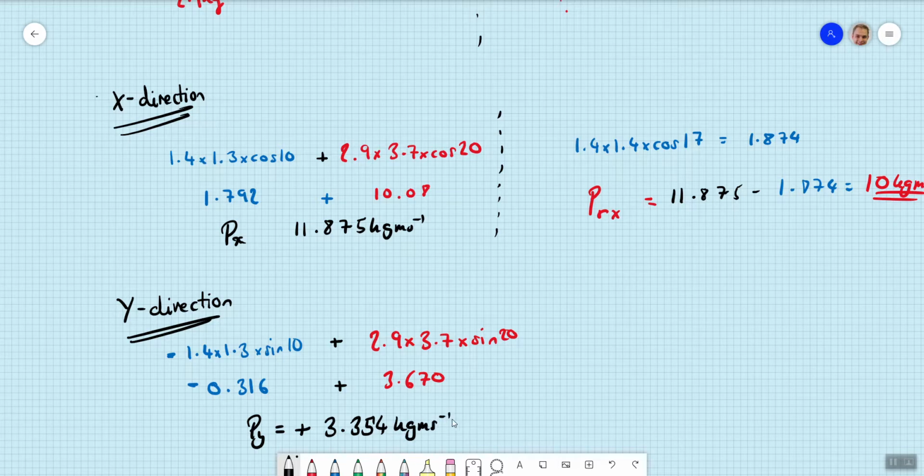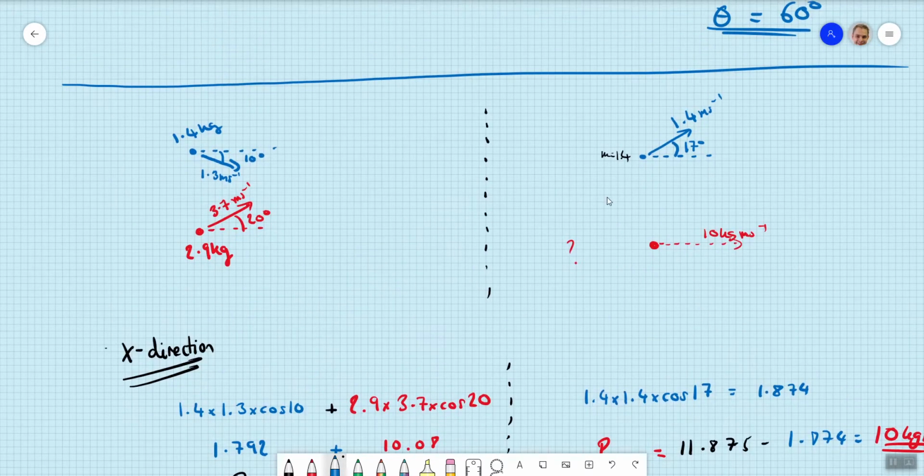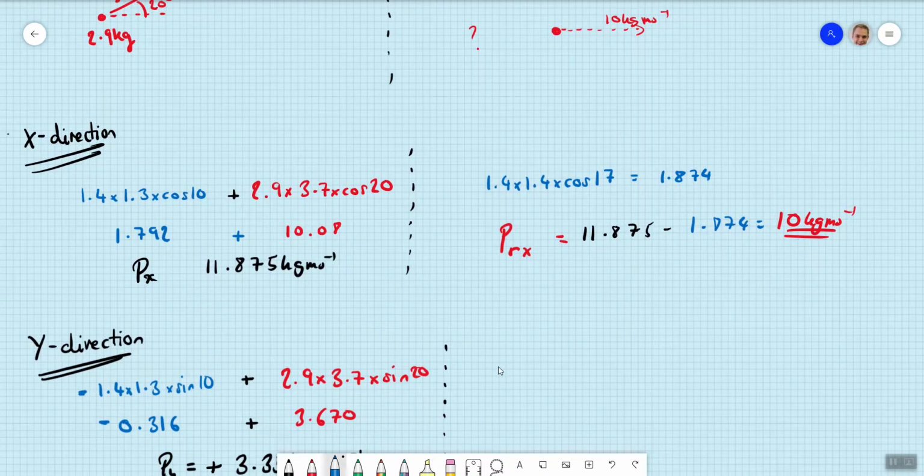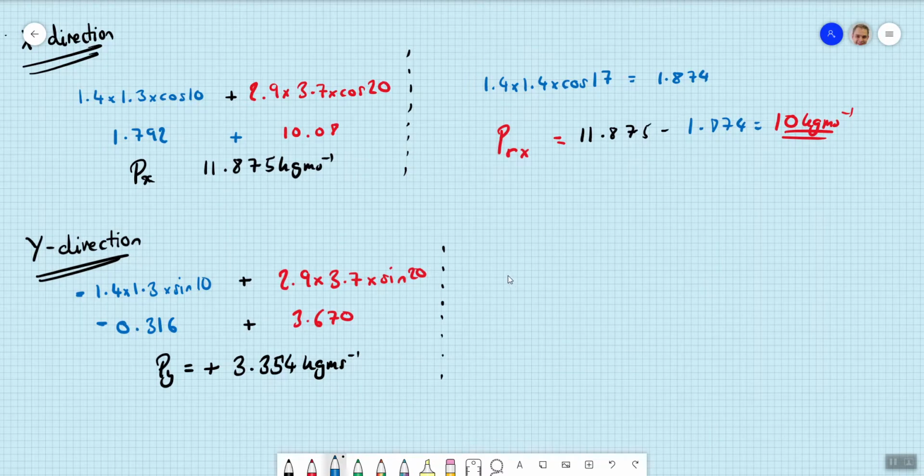kilogram meters per second. So let's work out what we're doing afterwards. Afterwards, our blue one is seen, and remember now it's moving upwards. So our blue one has momentum afterwards of 1.4 times 1.4 times sine of 17. So 1.4 times 1.4 times sine of 17, and we get 0.573